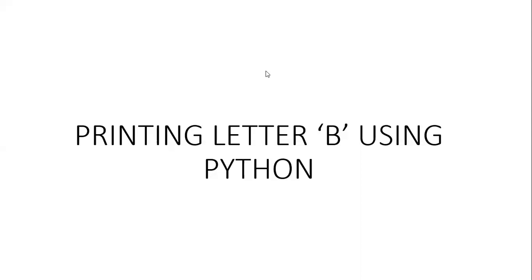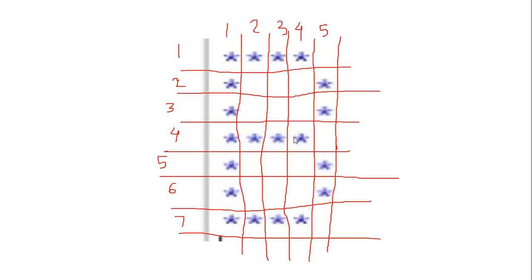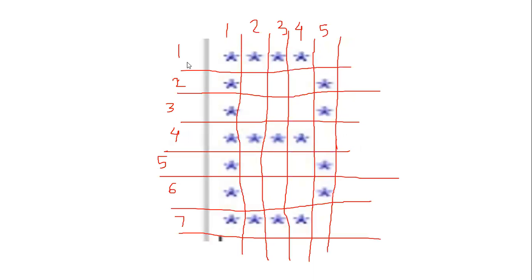Now let us learn how to print letter B using Python. So this is the code which we use in order to print letter B, and this is the output after running that code. So first of all, as we have done in printing letter A, let us divide this into